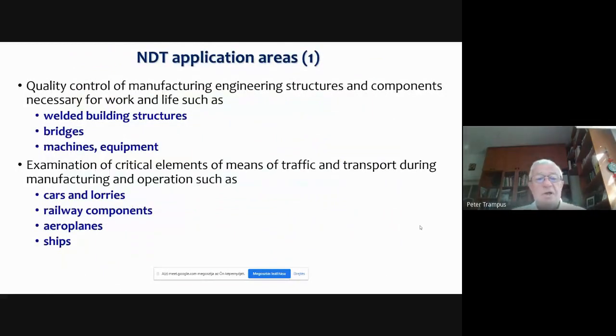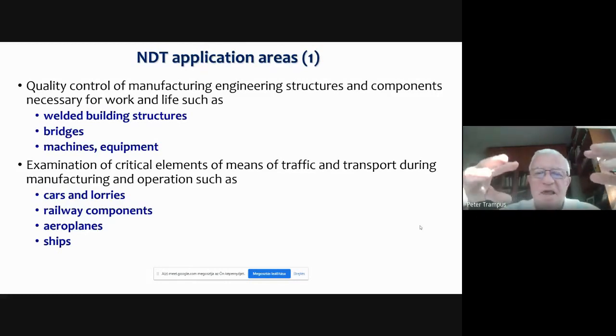What are the major application areas? I said in the first or second slide that everything is affected by non-destructive testing, but the major application areas are the quality control of manufacturing, engineering structures, components, welded structures, bridges, machines, equipment.